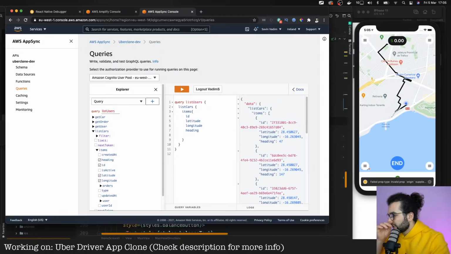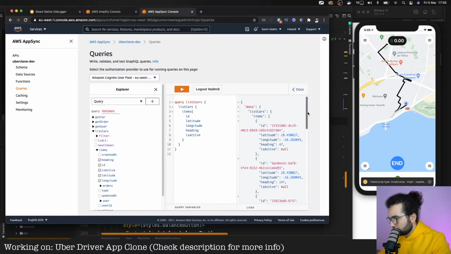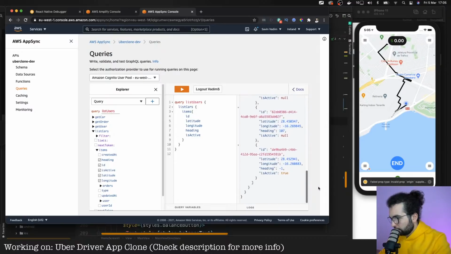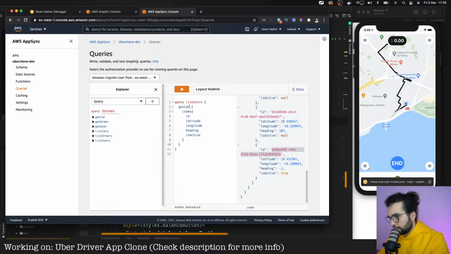And just understand which one is this one. I'm gonna go to check the is active, and all of them should be null except one should be true, this one. So I'm gonna grab the ID, and instead of list cars, I'm gonna do get car. ID is this one.